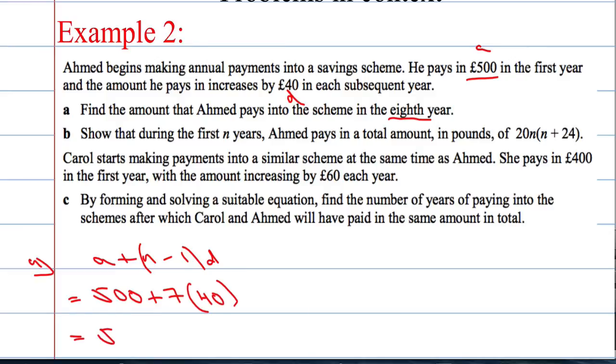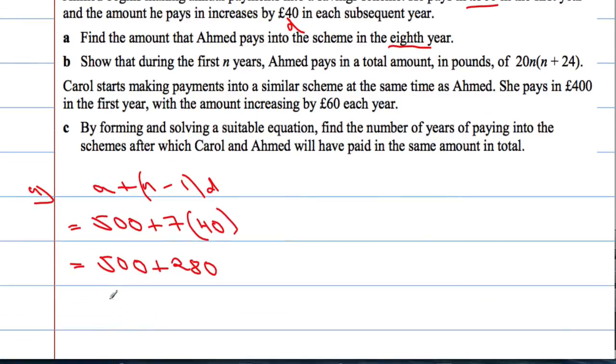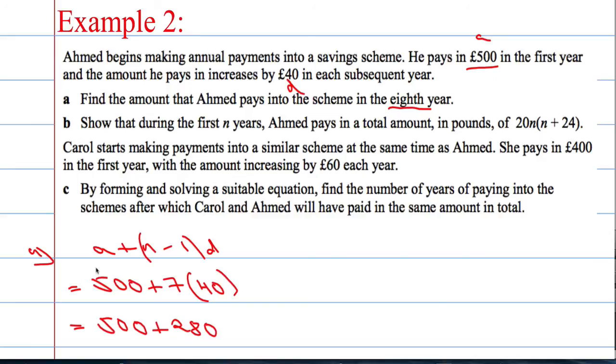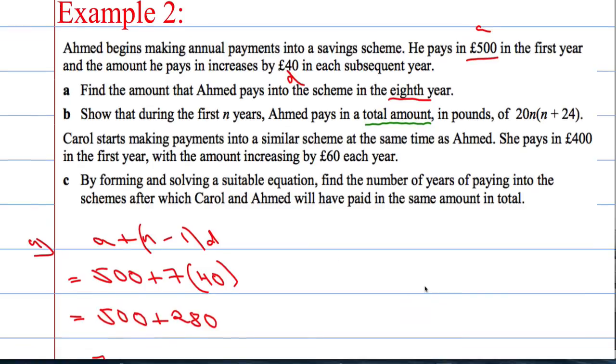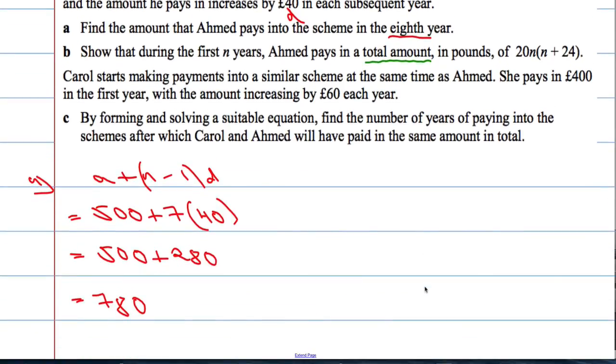So we get 500 plus 7 lots of 40, which is 280, which gives us a grand total of £780. So in year number 8, he's paying in £780. Now the next part says to show that during the first n years Ahmed pays in a total amount. This is important. The total amount in pounds is going to be this. So what we need to do is work out the sum of the series for n years and show that